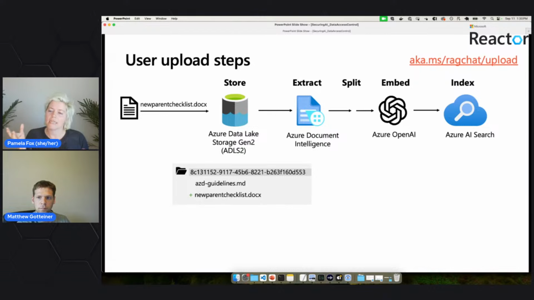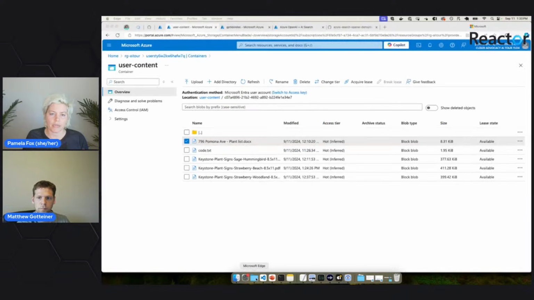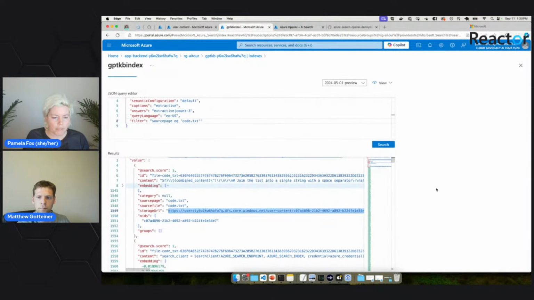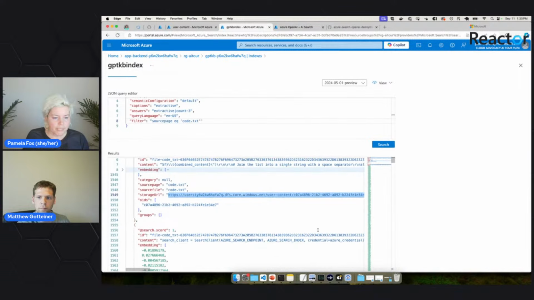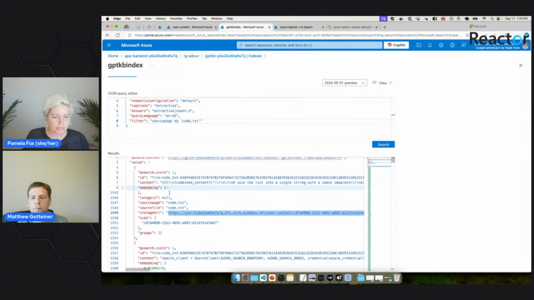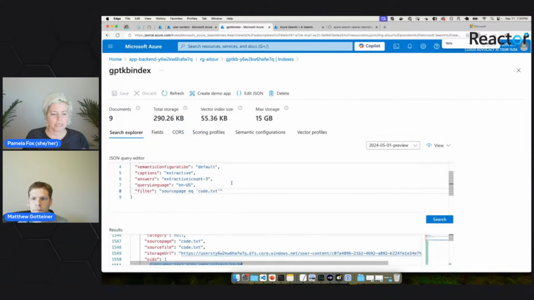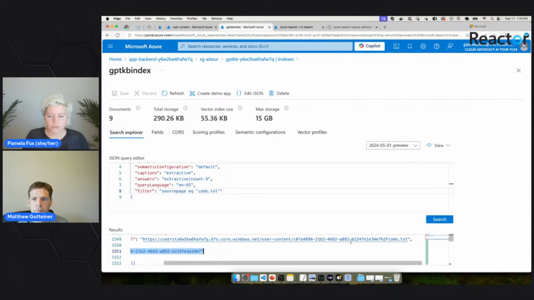And when we index in AI Search, we're making sure that we're tracking who has access to it, right? So, once again, if we go to AI Search and I look at one that I uploaded, we can see that the OID is my OID. And we've also got the full storage URL for it. So that's how we know exactly